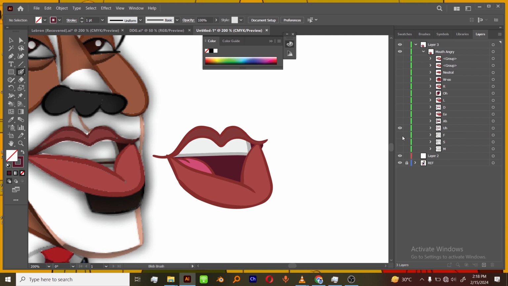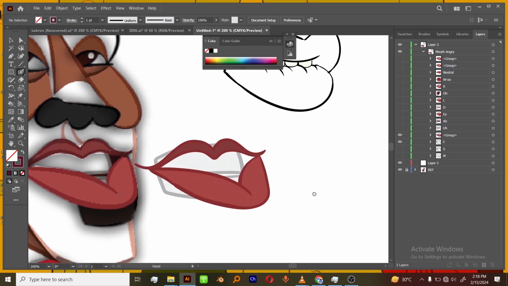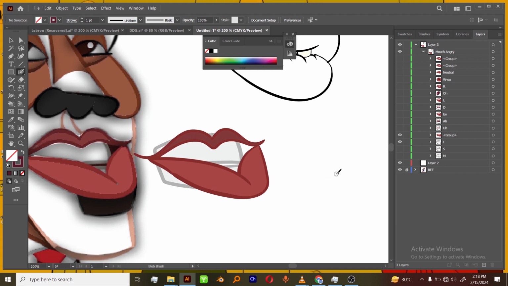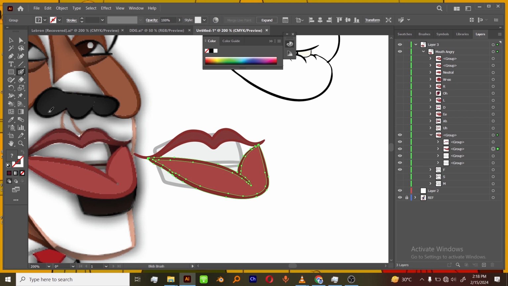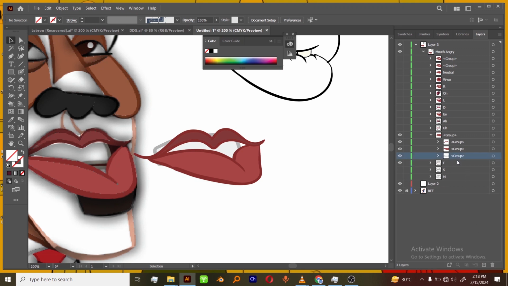Replace. Good. So we could just use what we had initially, the defaults, and then we'll go from there. So now this is okay. So now let's do this. The lower lip, everything at the top is intact. You don't touch that, but you drag this upwards a bit. Now after dragging this upwards, you take the upper teeth, the lower teeth you delete because we don't need that. The upper teeth now,